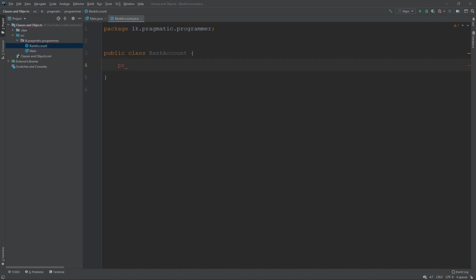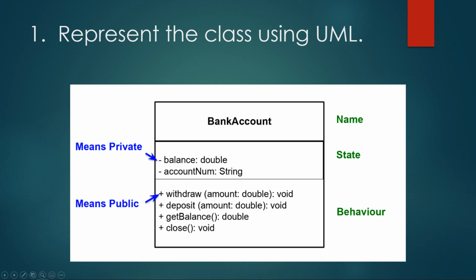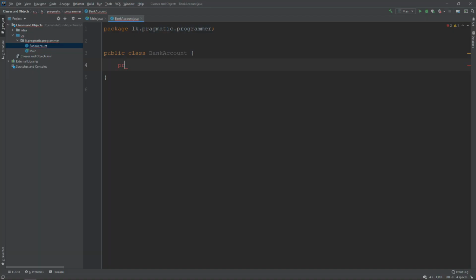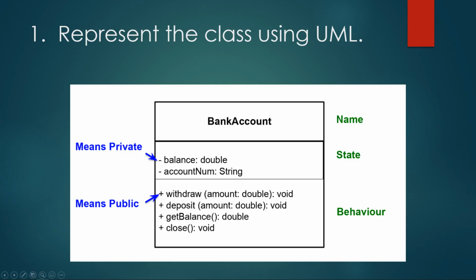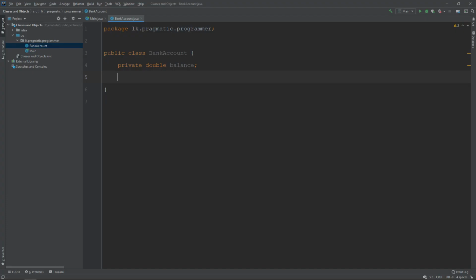If you look at the slide, you can see that here minus was used, which means it's private. So private double balance. Also we had to declare the second variable, which is account num, string account num.